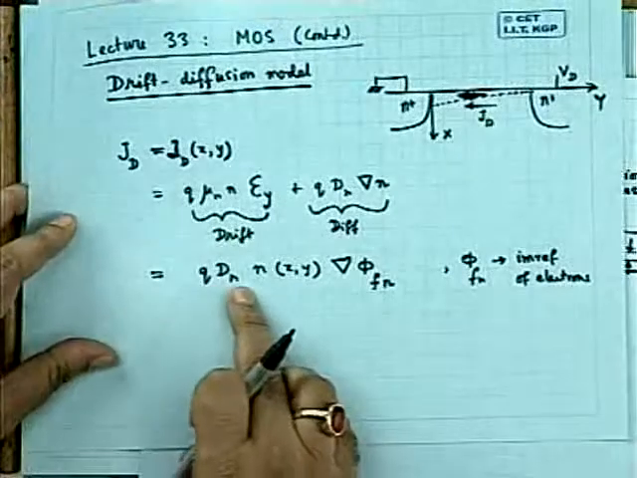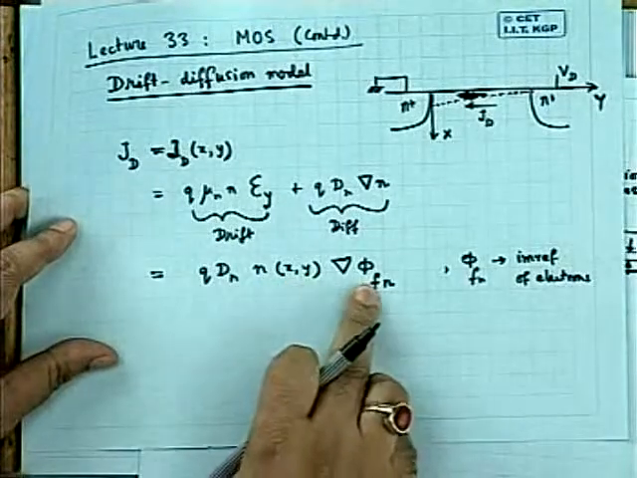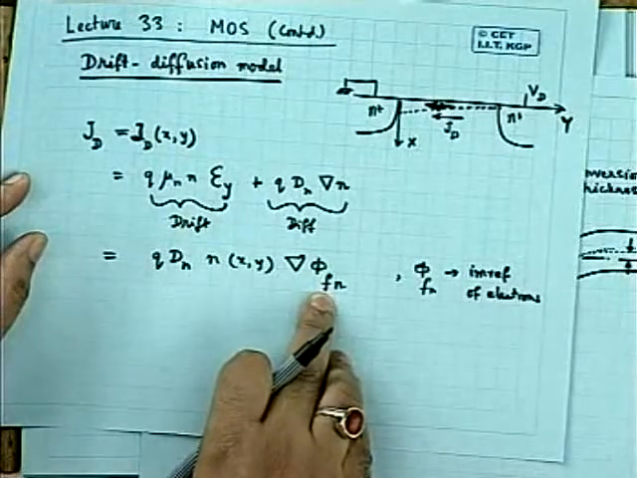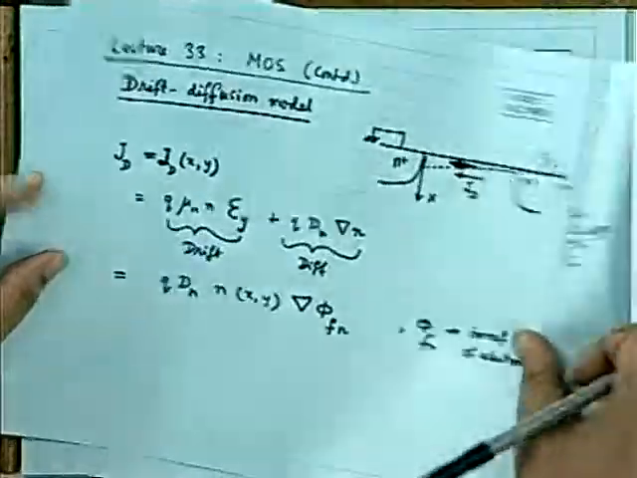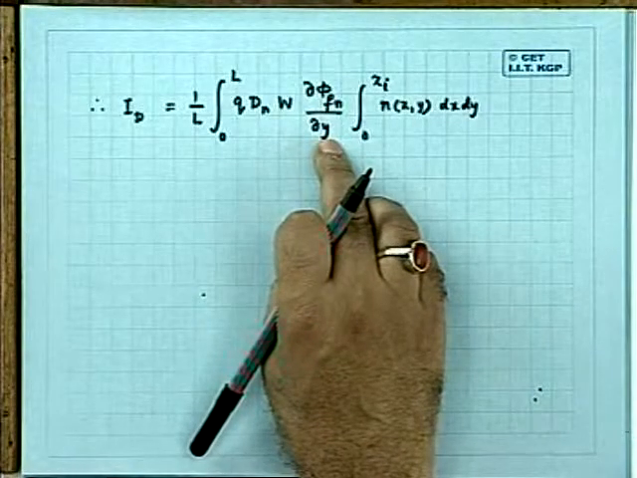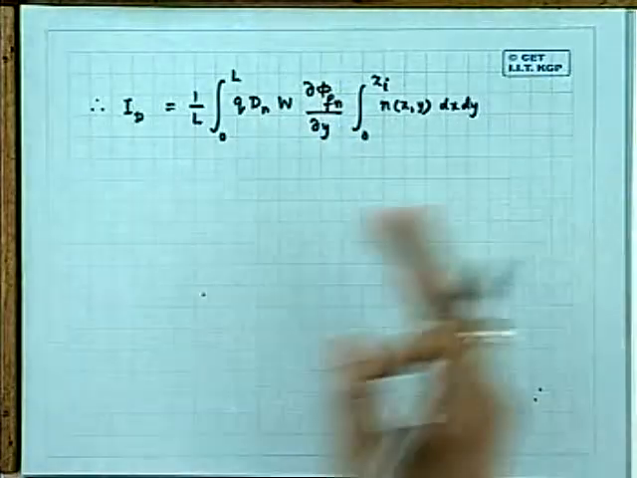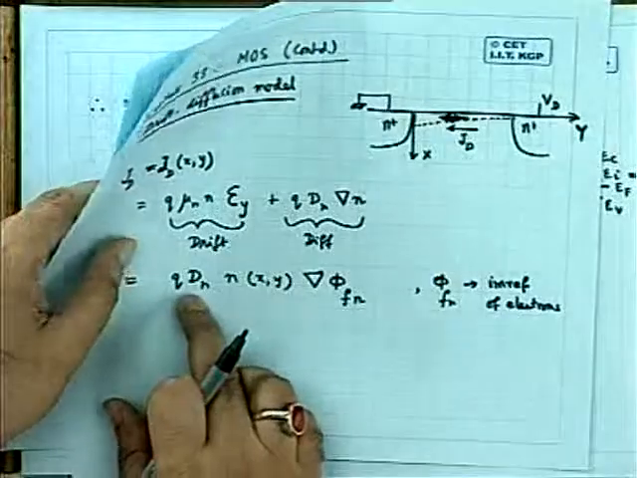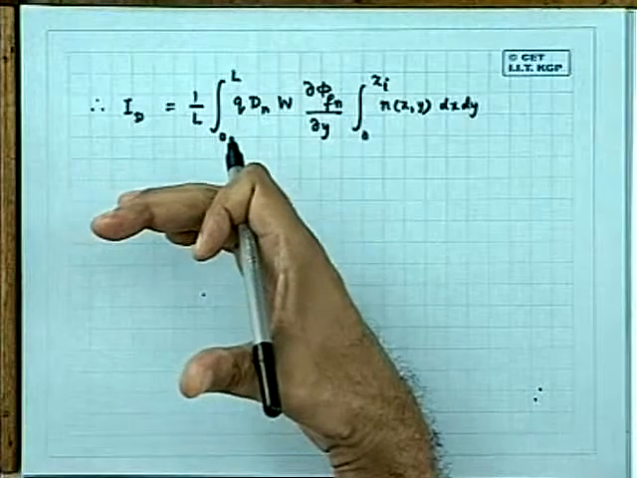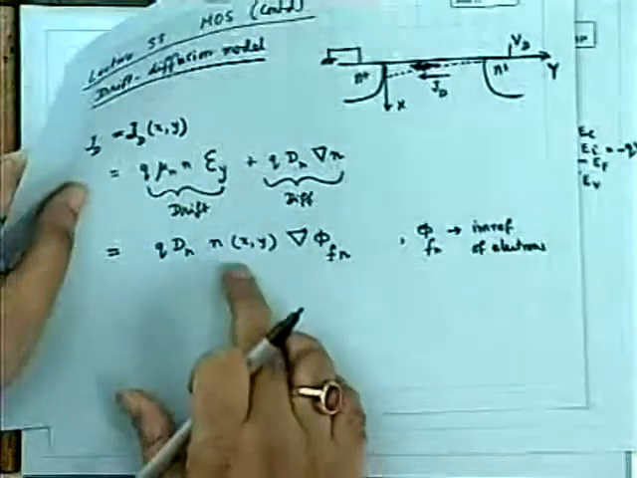JD equation is Q dn nxy del of this. This one is now the gradient of the electron quasi-Fermi potential, simplified to this. Only y; the x component I have ignored. I am assuming that the current is entirely due to the gradient along the y direction, along the channel direction. Then this Q, dn and W have to be brought in. But then for this nxy,